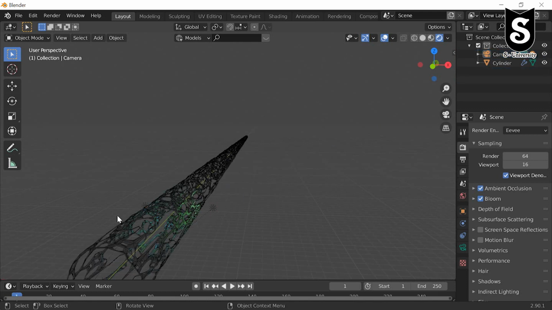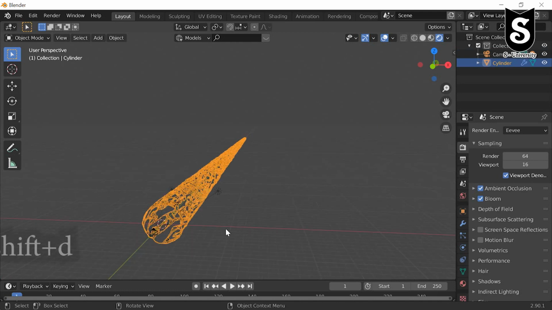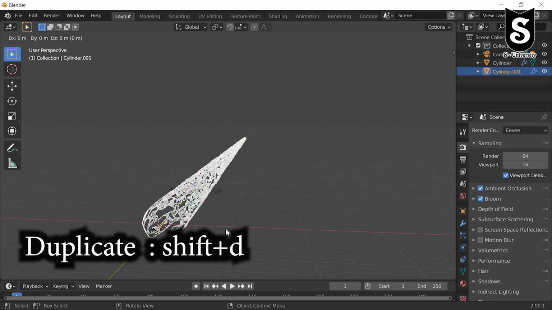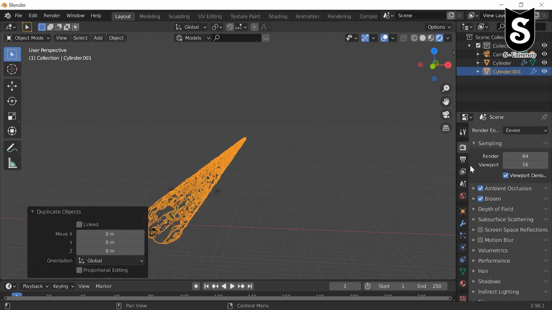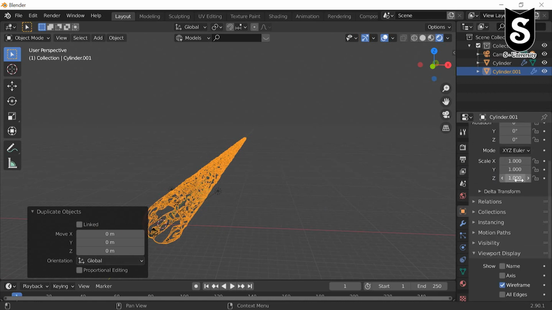Now select our object, press Shift D, and we will increase the scale in the Z and X direction to around 3 or 2.